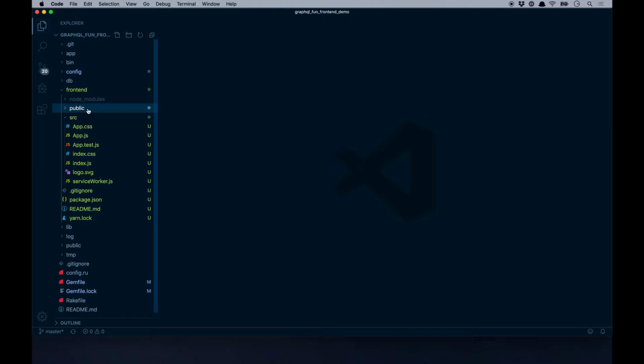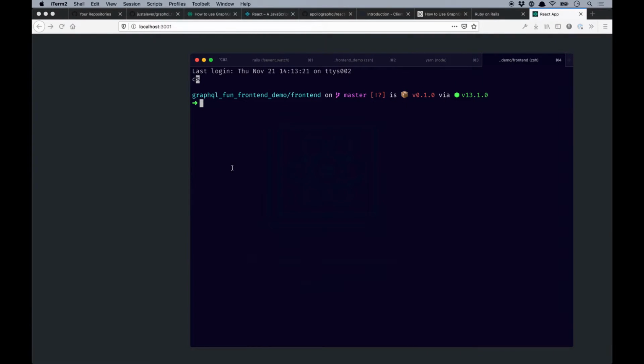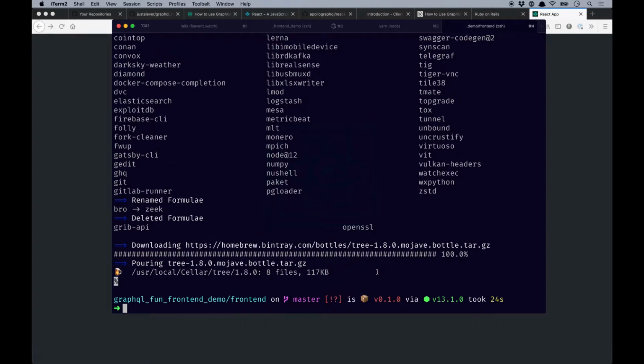A nice way to look at React or a folder structure, in my opinion, is using a package called tree. I don't think I have it installed here. No. So I'm going to install brew install tree. And this is how I like to look at it in the command line once it installs real quick. Okay, so with tree, we have access to this new concept of displaying like a root looking feel of a